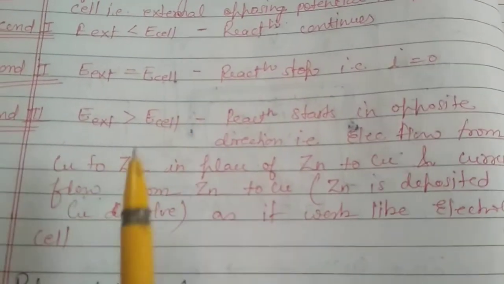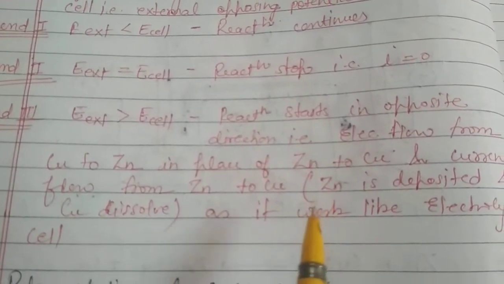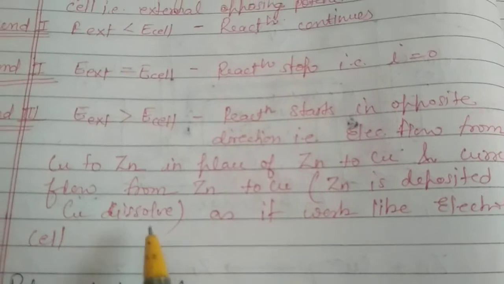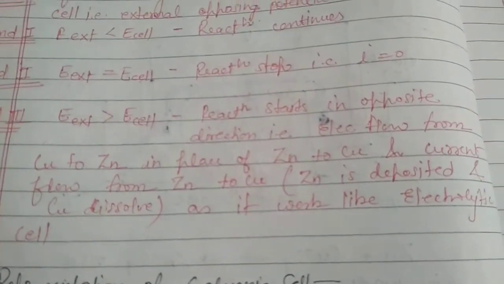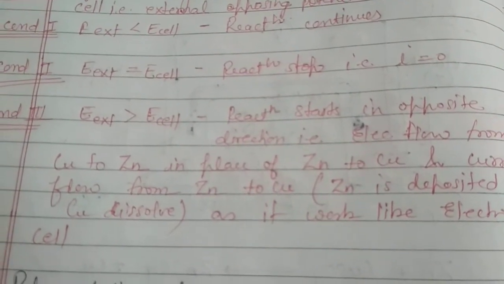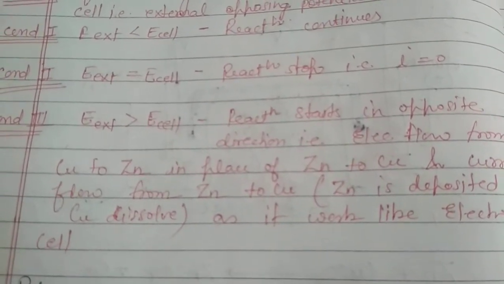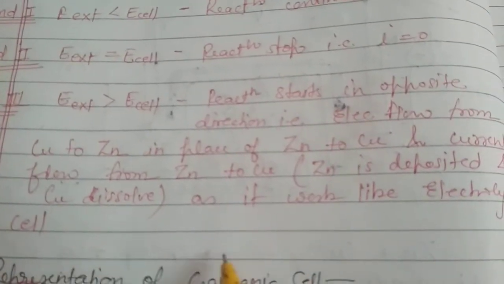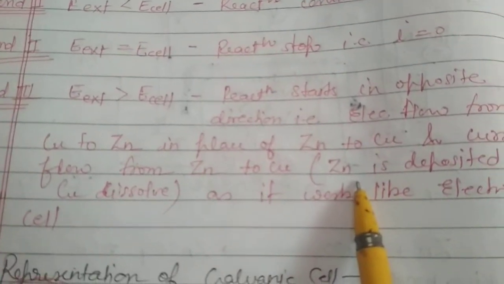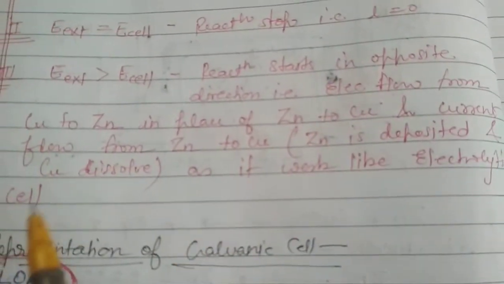What does it mean? In the voltaic cell we have seen that copper is deposited and zinc moves into the solution, while now zinc is deposited and copper dissolves. Why is it so? Because in the electrolytic cell we provide current, meaning we are providing electrical energy that converts a non-spontaneous reaction into a spontaneous reaction. It means the reaction which takes place would otherwise be non-spontaneous. It means the opposite reaction takes place and it works like an electrolytic cell.